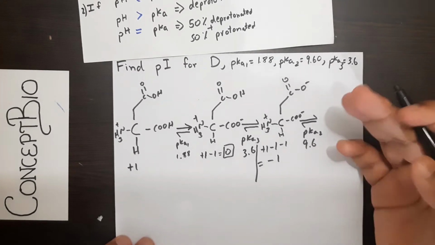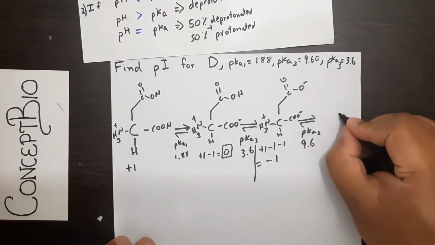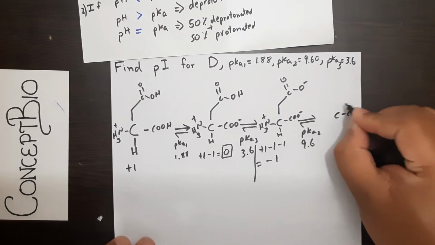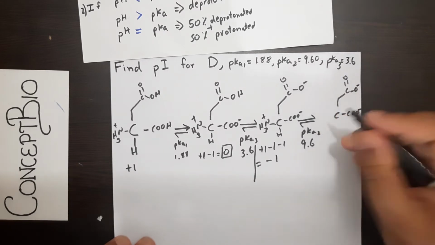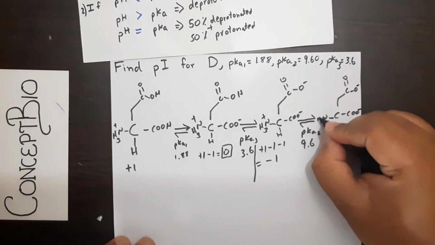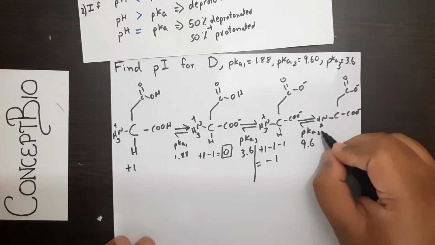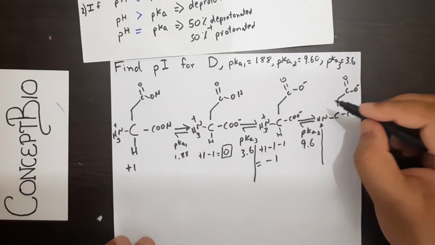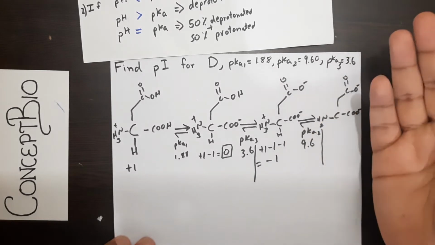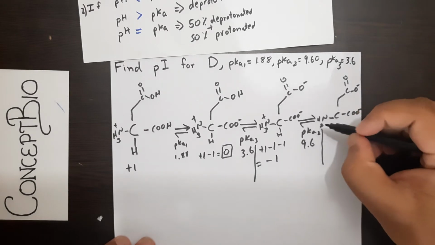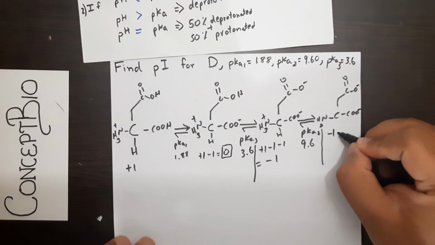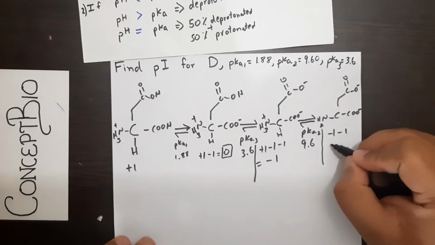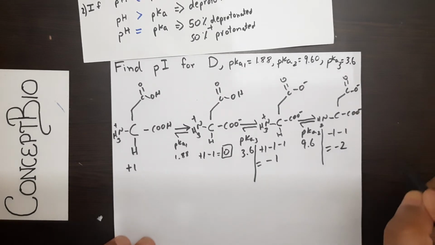And from here, if you continue increasing the pH above pKa2, we would finally reach a structure where we have COO minus and C double bond O minus, because you have already crossed the pK values, and even the amino group has crossed its pK value. If the amino group or the bases get deprotonated, as I had mentioned in my previous video, they will always get a net charge of 0. So in this one, we will have minus 1 from the two acids. So this will give you a net charge of minus 2.